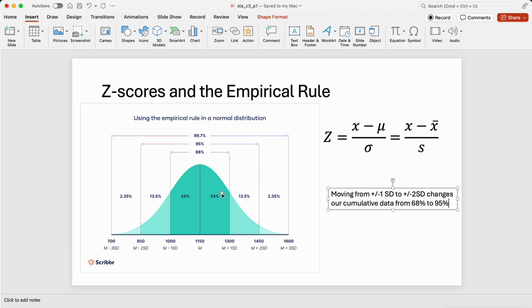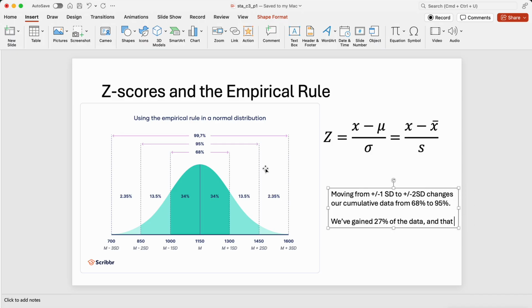Hopefully that makes sense. We're just reading this rule out loud. If I move from -1 to +1 to -2 to +2, then I've gone from 68% coverage to 95% coverage of my data. Now what that means is we've gained, if you do the math there, 27% of the data,